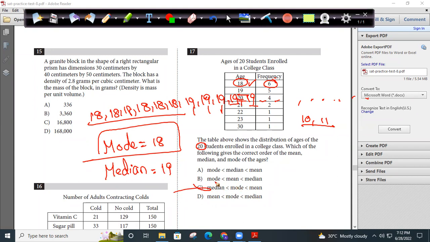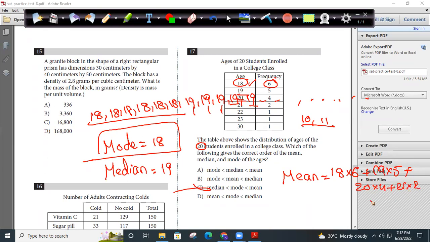So the answer should be either A, B, or C. You don't have an option. Definitely you need to find the mean too, but mean is the easiest thing to find. Sum of the numbers by number of terms,